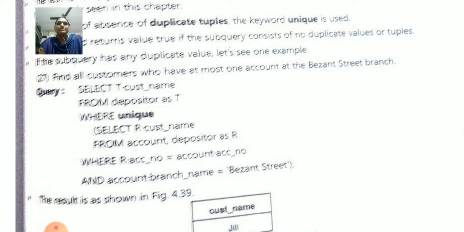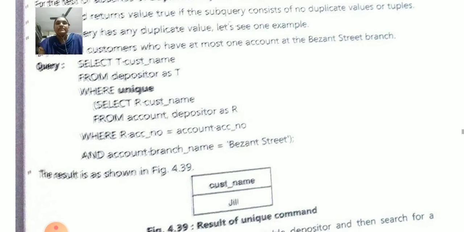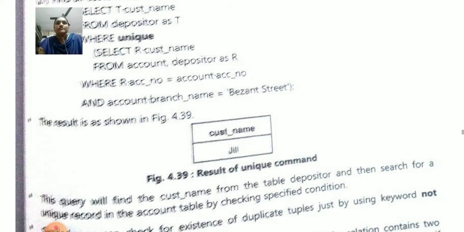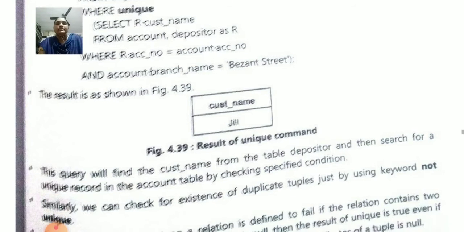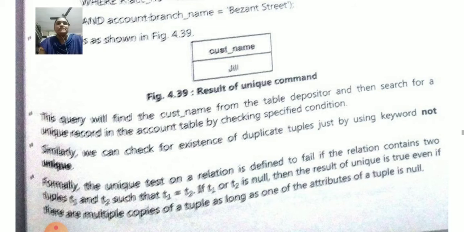Let us see an example: find all customers who have at most one account at the Pleasant Street branch. For this purpose we select T customer name from depositor as T, where unique (select R customer name from account, depositor as R where R account number is equal to account number and account branch name is equal to Pleasant Street). Okay, see here, this is our output.